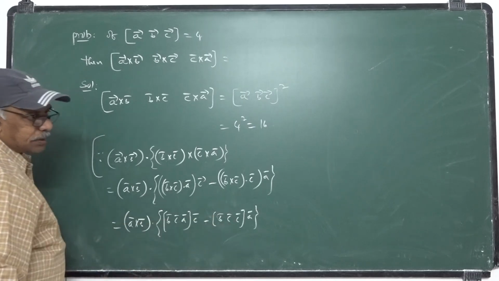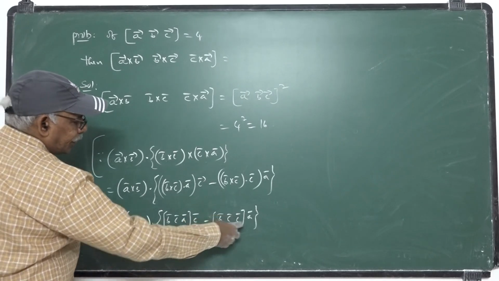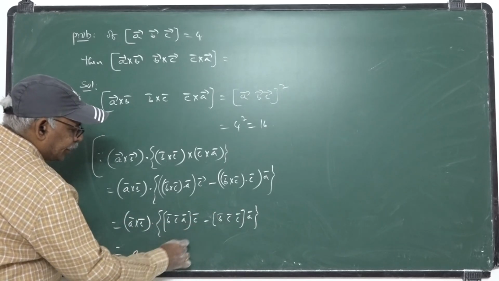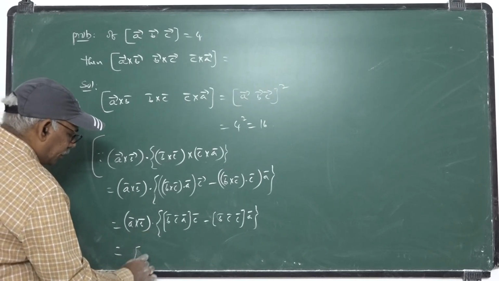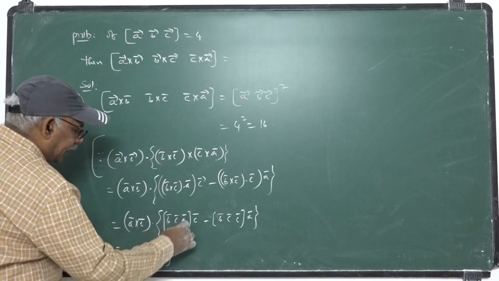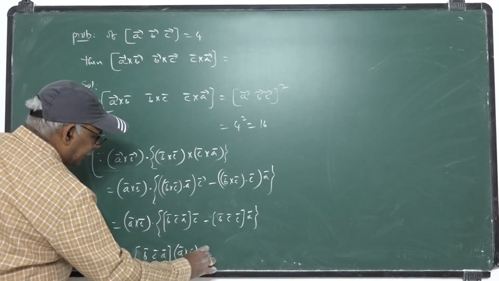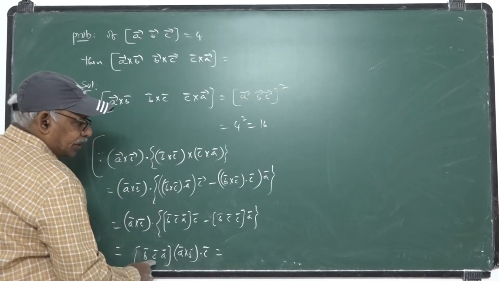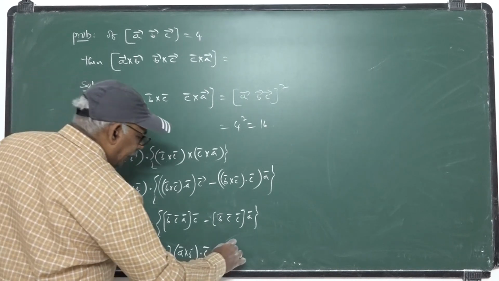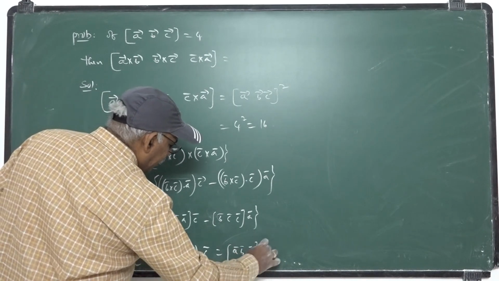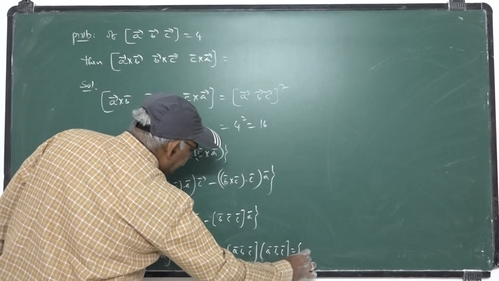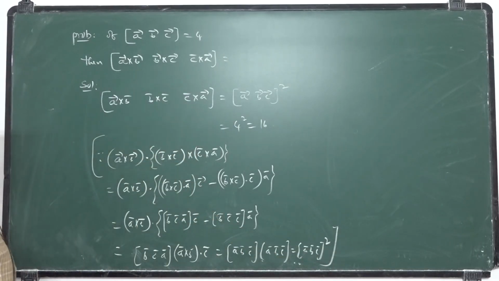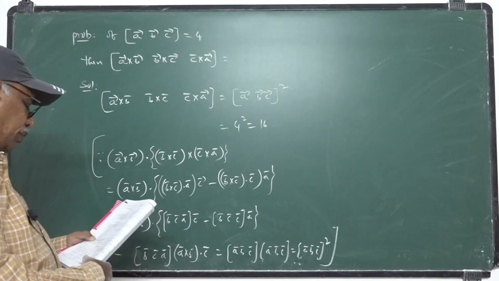But box B C C, in the box value, if any two vectors are equal, then the box value is 0. 0 into A bar is 0. Hence this dot product may be written in between these two vectors because it is a scalar. So take that scalar as common and take the dot product in between the vectors. Again it can be written as box ABC. This is also equivalent to box ABC because these are all in cyclic order. Hence box ABC into box ABC itself. So box ABC whole square, because box value gives us the scalar only.